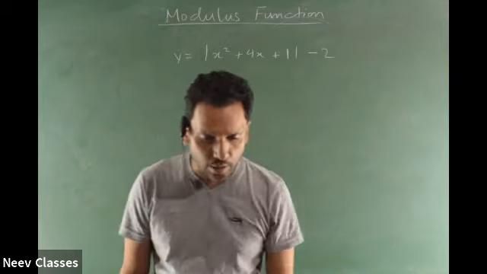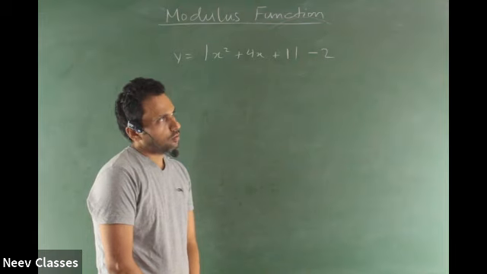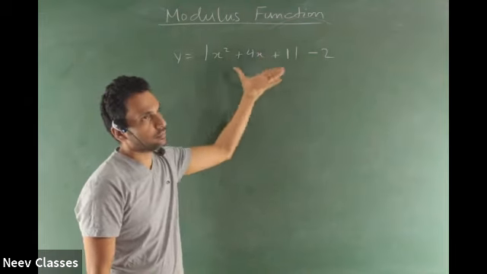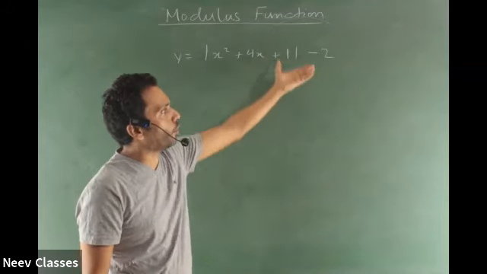How many x-intercepts are you expecting, by the way? What will happen with this graph? What is this graph alone? It's a quadratic graph, x plus 2 whole square minus 3. This is a quadratic graph shifted down, right? Without the mod and all. What is the mod going to do? Make it positive. And then again it is going to shift down by 2, right? How many points do you expect it will cut? 4 points. Okay, give me the answer.